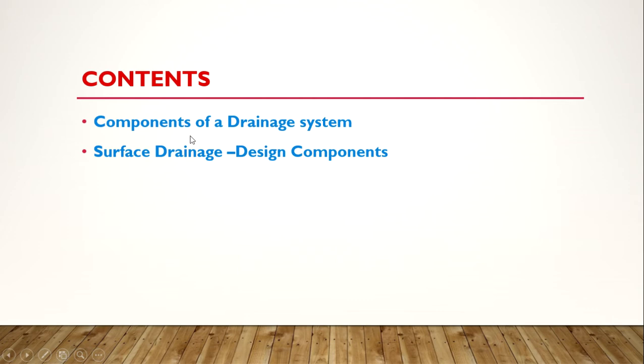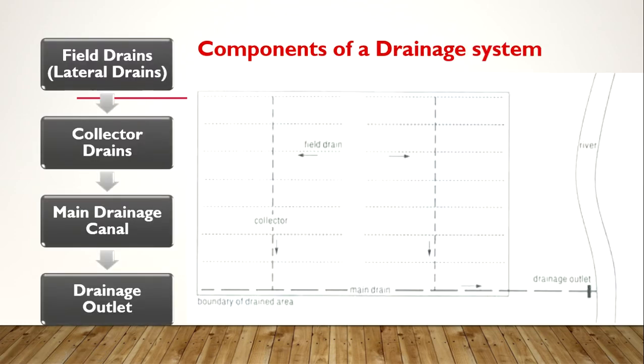I have told you earlier that there are different types of systems, and we will deal with each system in each chapter. Each unit we will deal with each system. So in this unit, we will discuss the surface drainage system and its design. In this lecture, we will see surface drainage and its design components only. We'll deal with the design later. So we'll discuss the design components. We will first move on to the components of a drainage system.